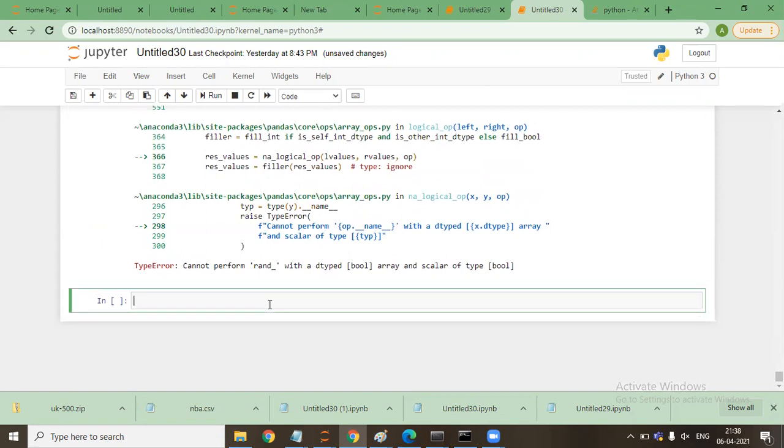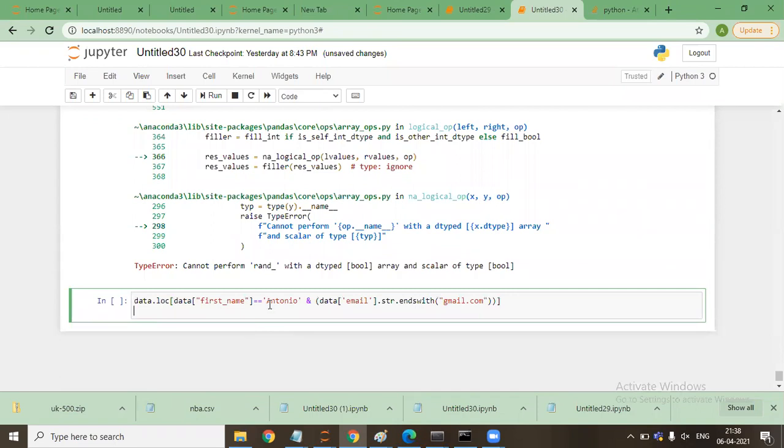I'll write my own command here. So I'll say data dot log, data email dot.